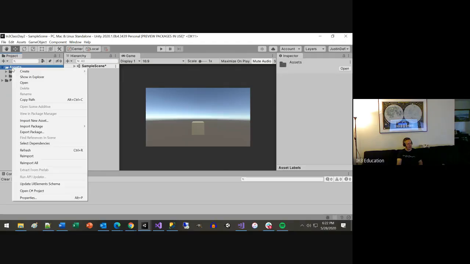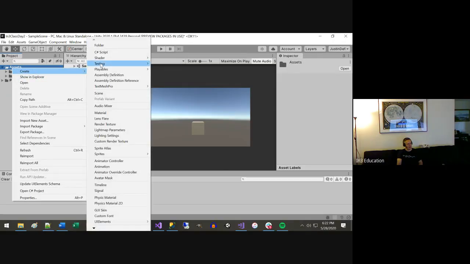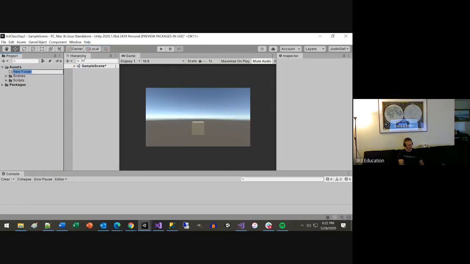And it is a good idea to create folders and keep some kind of organization. We didn't really do that last time because we didn't have that many files, but I would highly recommend keeping all of your scenes in a single folder called scenes. You want to keep all of your scripts inside of a scripts folder. There are a couple of important keyword